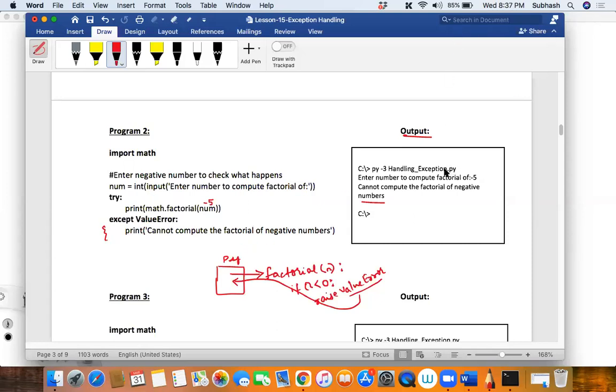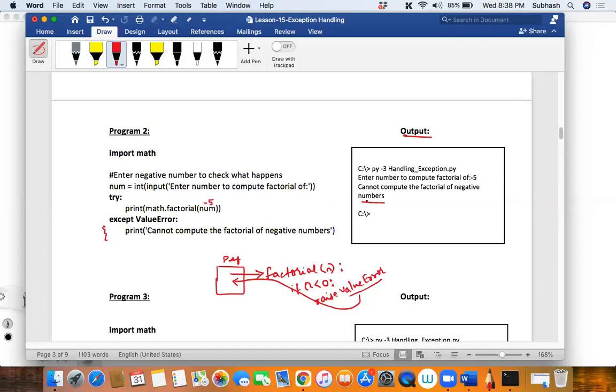Praveen, if I don't know the name of an error, you must know. That's the only thing. You cannot say I don't know. If you don't know, it will automatically give you an error, like a value error or something, and you have to use it. You cannot memorize everything anyway.